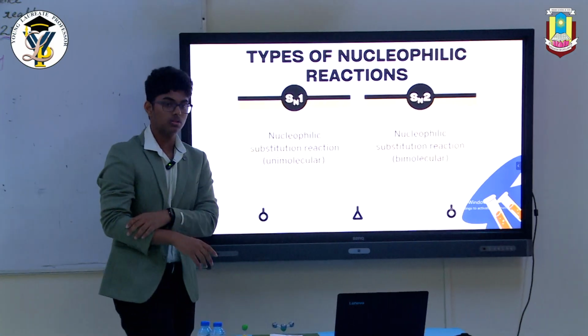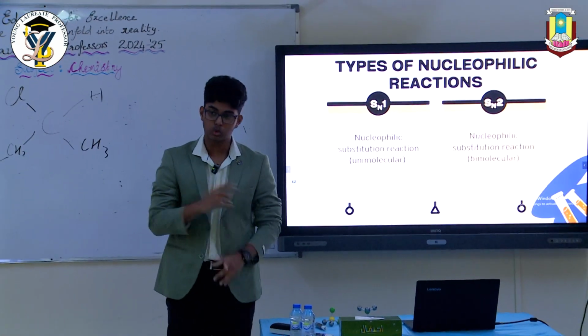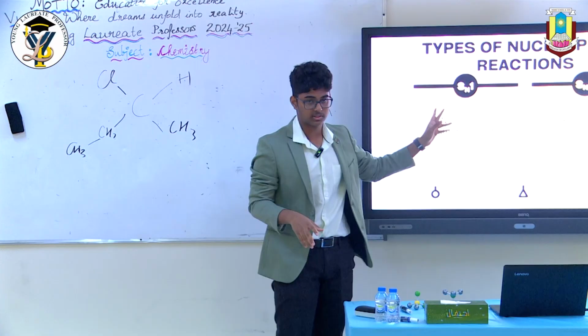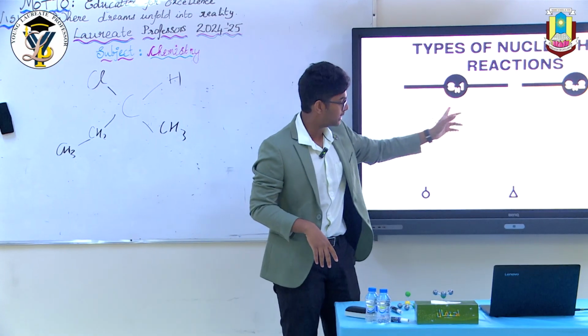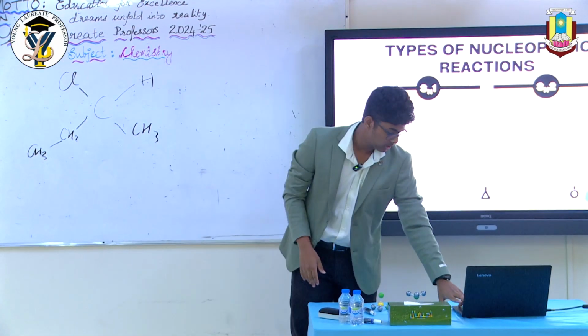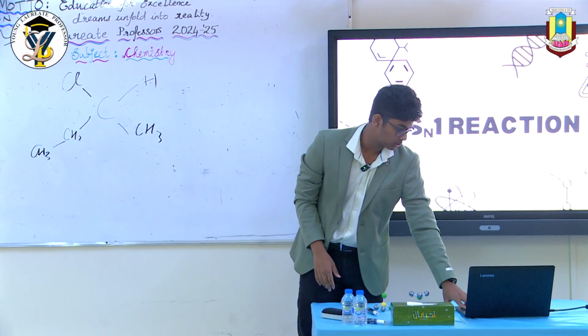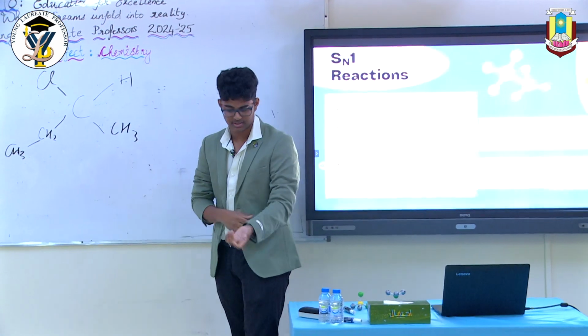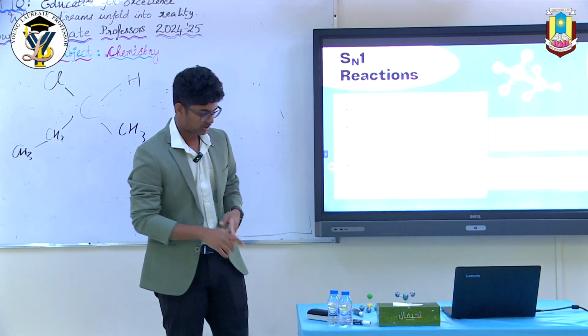Okay. So moving to the basics of nucleophilic reactions, we have 2 types of nucleophilic reactions, namely SN1 and SN2. SN1 refers to nucleophilic substitution reaction unimolecular, and SN2 refers to nucleophilic substitution reaction bimolecular. So let's go in depth of each. Let's start with the SN1 reaction. In the SN1 reaction, it involves basically 2 steps. First step,